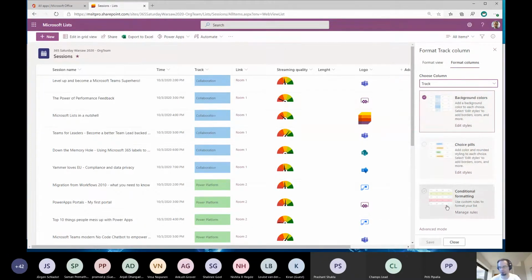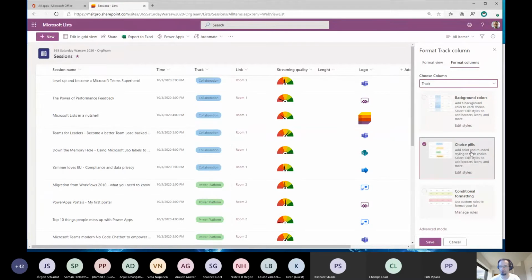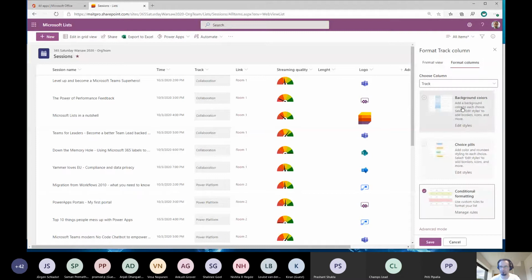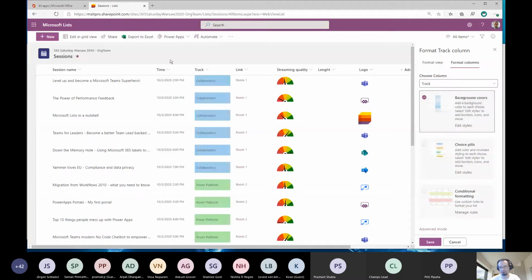I will get available formatting options. So for this, I can set background colors, so format colors. I can use choice fields or conditional formatting. So I have three options here. Background will make my background a specific color based on my options.